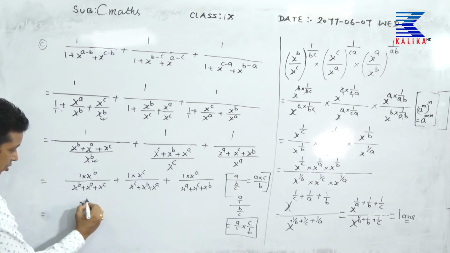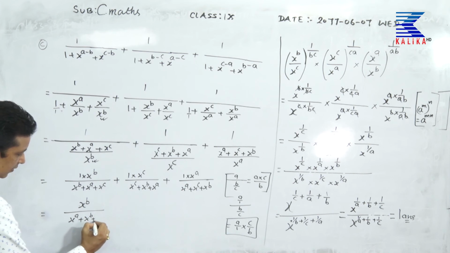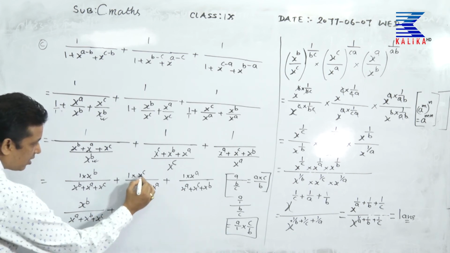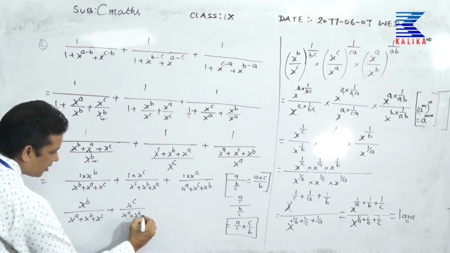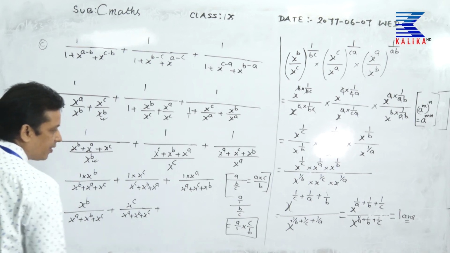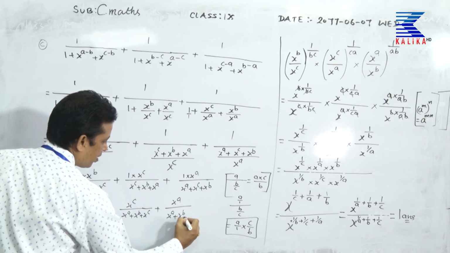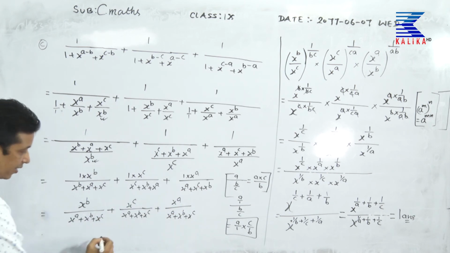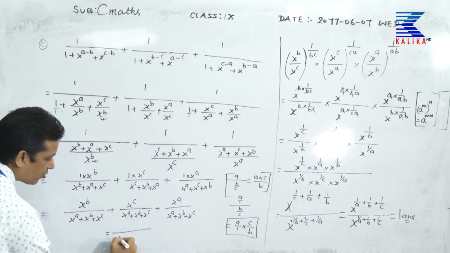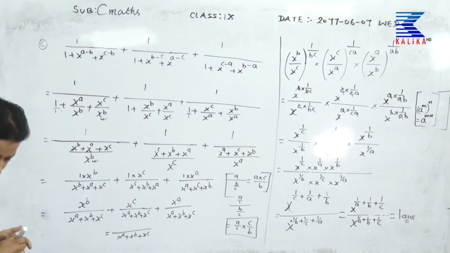Now, x to the power b, let us manage the term. Beauty of mathematics, I was saying before also, plus x into 1 x to the power c, beauty of mathematics x a plus x b plus x c, manage the term that way, x to the power a over x to the power a plus x to the power b plus x to the power c. Now, dear student, you can see all the denominators are the same. This is why you can take x to the power a plus x to the power b plus x to the power c, you can take LCM.